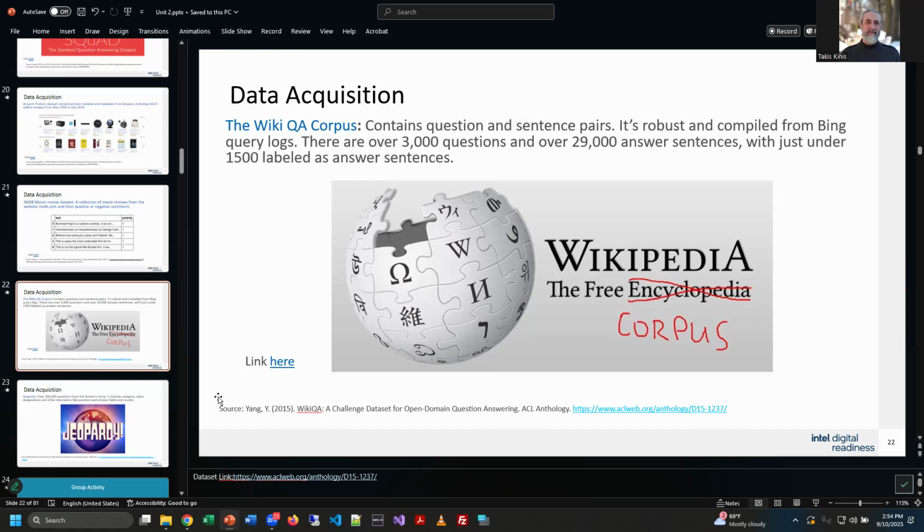And it'll find it on Wikipedia and give you the answer, and that's probably one that's out there. And look where they built it from. They compiled it from Bing query logs, or searches on the Bing platform. There's over 3,000 questions and 29,000 answer sentences, with just under 1,500 labeled as answer sentences.